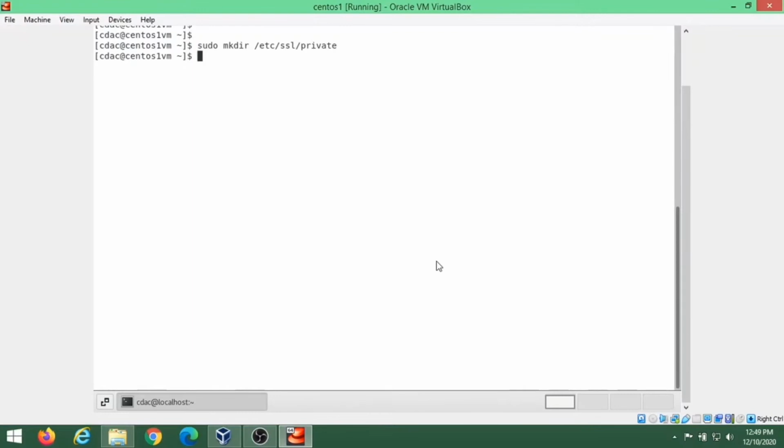Since files kept within this directory must be kept strictly private, we will modify the permission to make sure only the root user has access. So we will give the permission through chmod and the path where this directory is stored. Now that we have a location to place our file, we can create the SSL key and certificate files with OpenSSL. We will write this command